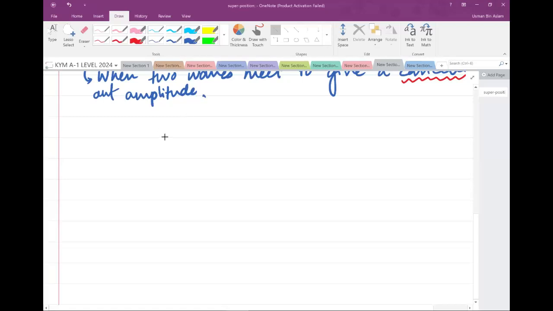To show you how the canceling out or the destructive interference takes place. In this lesson, we are going to talk about the chapter on superposition, and we are going to see what is destructive interference. Let's say this is a rope and I'm moving the rope in the downwards direction and then